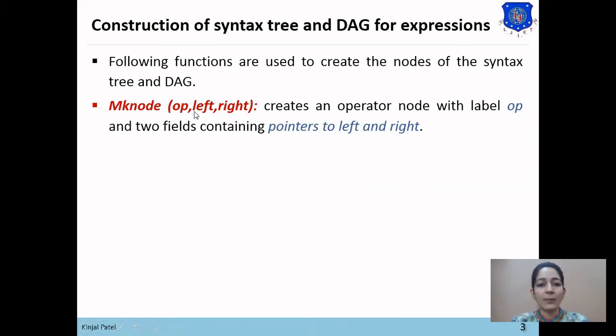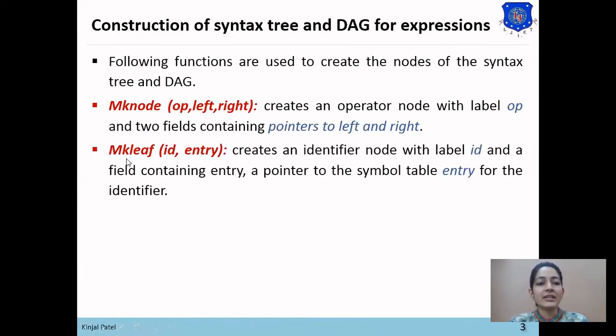The first field is the operator label, and 2 fields contain pointers to the left and right child. The next function is makeLeaf(id, entry). This function creates an identifier node with label id and a field containing entry, a pointer to the symbol table entry for the identifier.